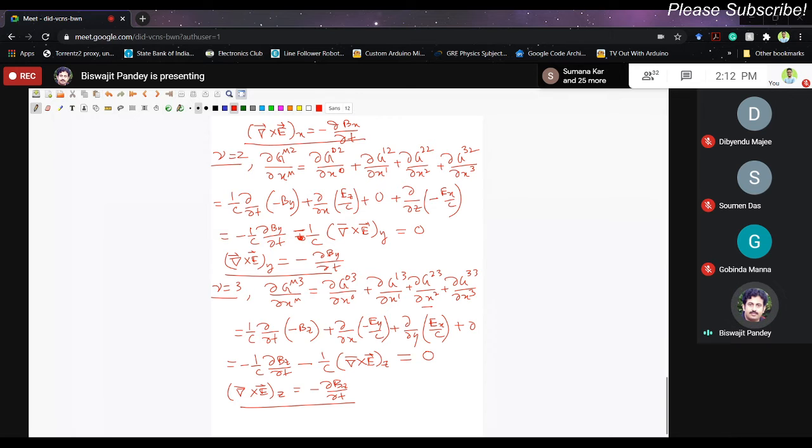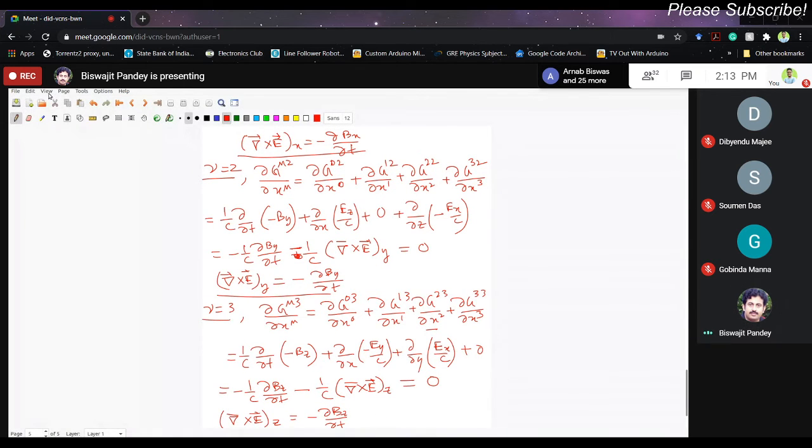These three equations, you can finally write down curl of E equal to simply minus del B del t, which is nothing but Faraday's law of electromagnetic induction, which you have learned in our electrodynamics course. So all the four equations can be finally written in the form of these two tensor equations,